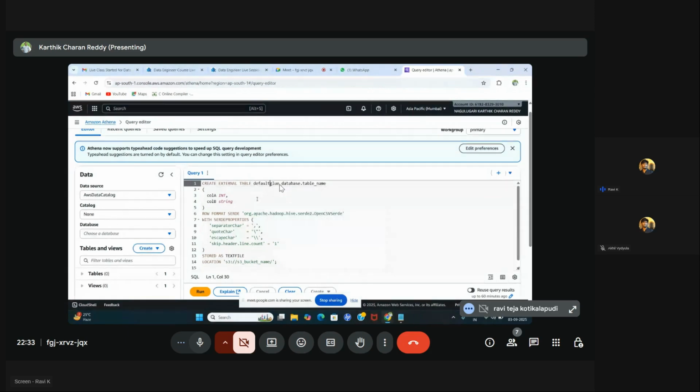Default. Yeah, default. Just remove that glue database. No, just not enter. Yeah, just glue database. Perfect. Table name is anything. Just give anything, just give your name as the table name, and say Karthik is fine. Yeah, Karthik is fine. Okay, fine.